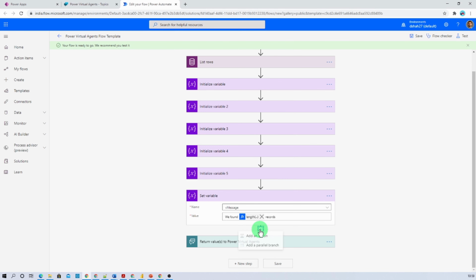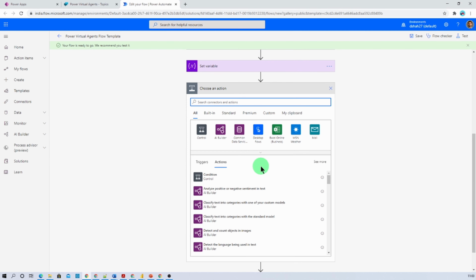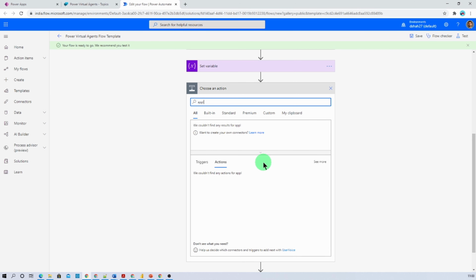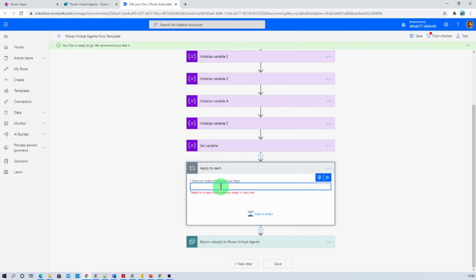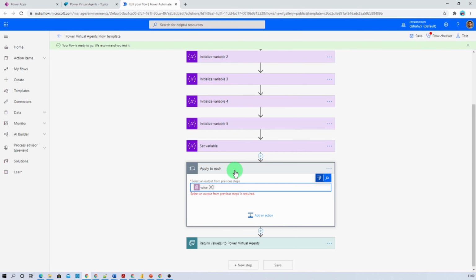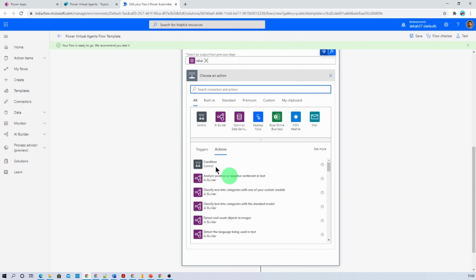Now we need to use apply to each. Inside that we need to provide the value, and now we need to set each individual variable over here.